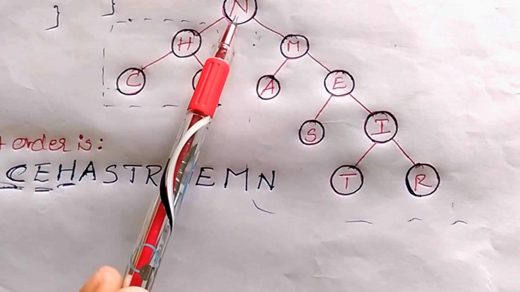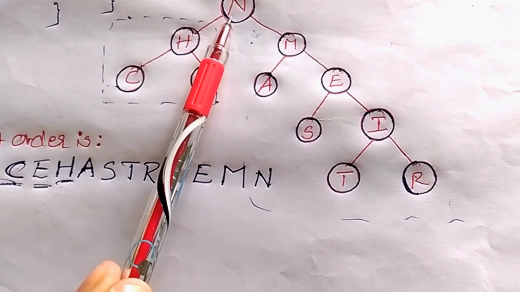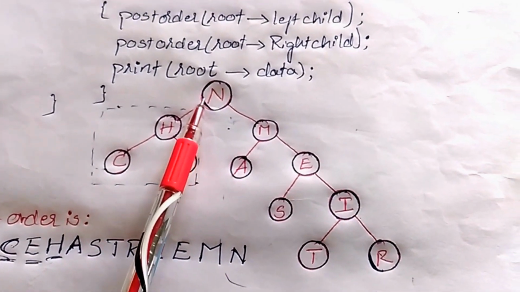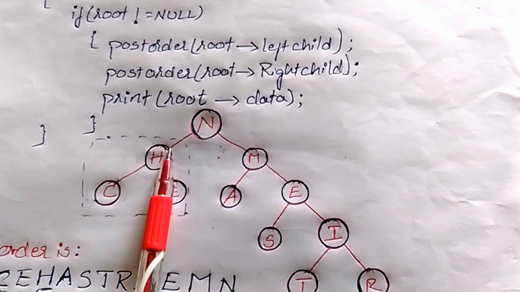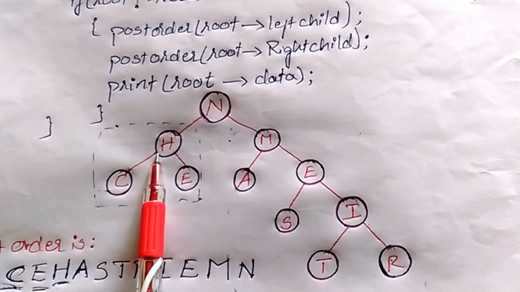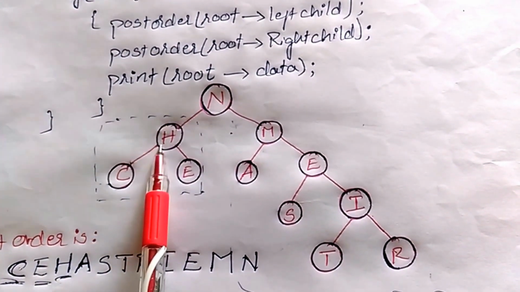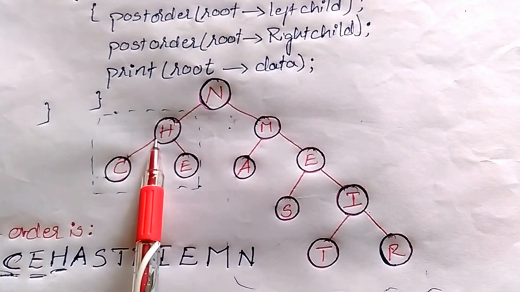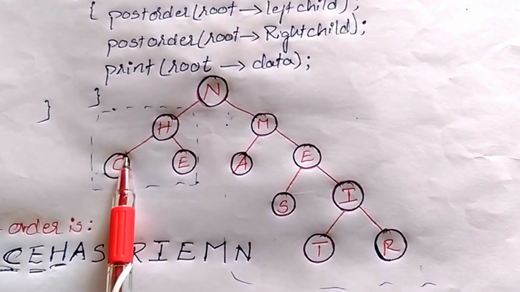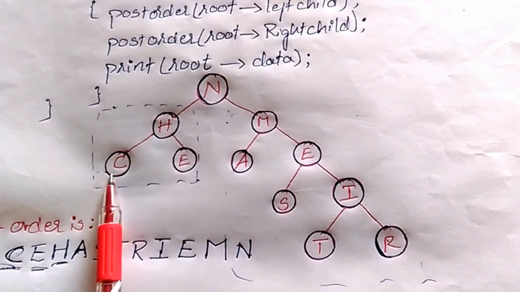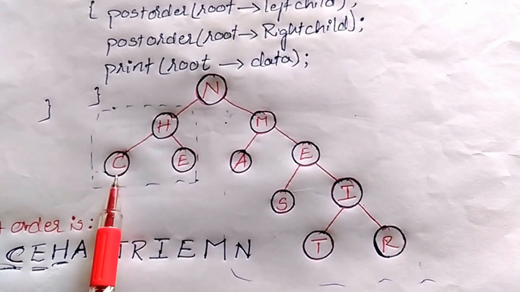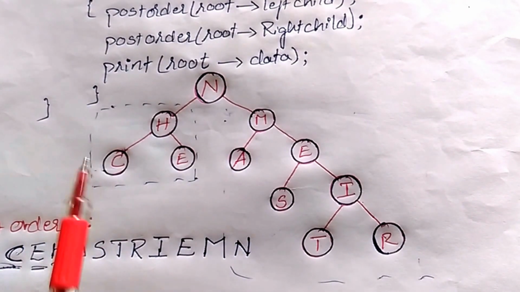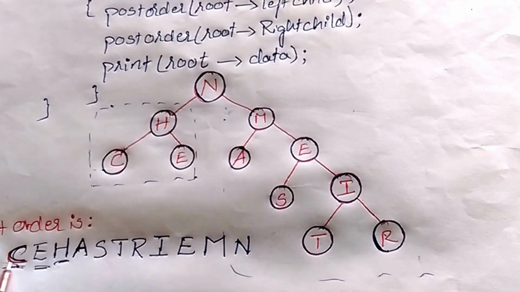So here I checked whether the root is null or not. Since the root is not null, I traverse towards its left child, the first step. So again H became a root for another node. So before visiting a root node, its left child and right child should be traversed. So it moved towards its left node. So for C, again I check if it has any left and right child. Since C does not have any left and right child, I traversed the node C.